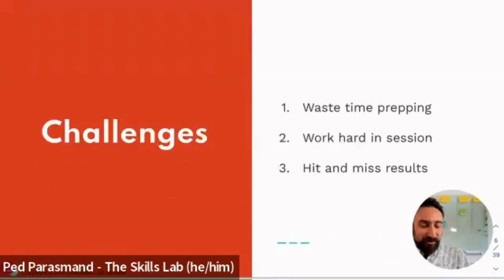So some of the challenges I see is we can end up wasting a lot of time and energy deciding what goes in or doesn't go into workshops. Sometimes we don't know where to start. It can feel overwhelming and we procrastinate. There are times when we can work hard in sessions because there might be a few different reasons. People are getting lost about exactly what they're doing and why they're doing it. Or for me, my most dreaded fear is where people look totally disengaged in a session and they look like they would rather be somewhere else, and it takes some effort to win them over.